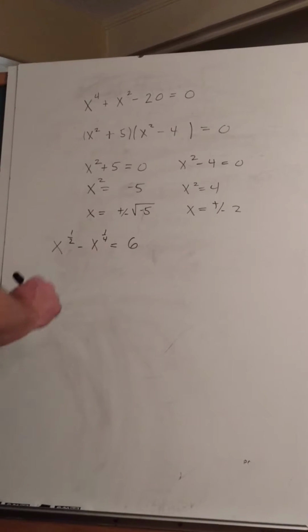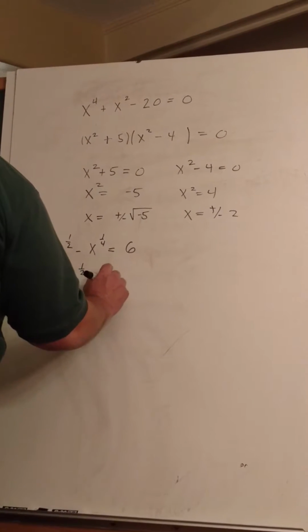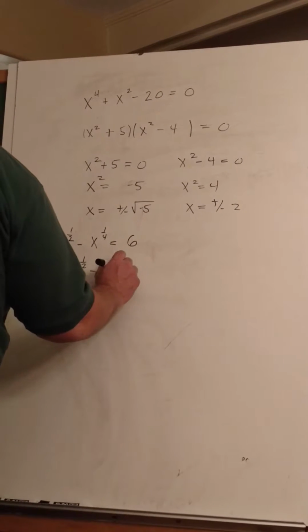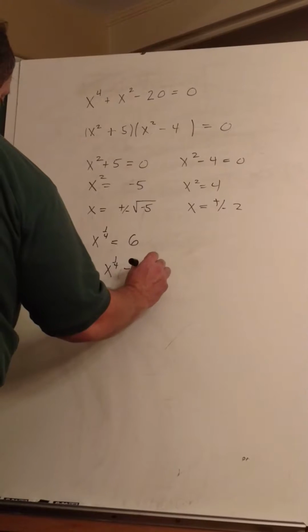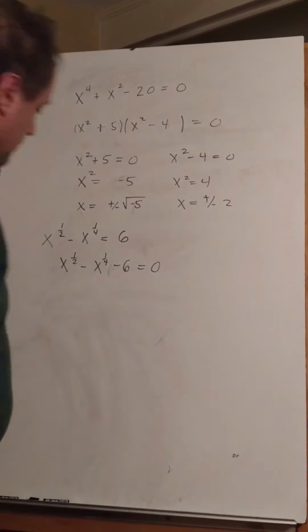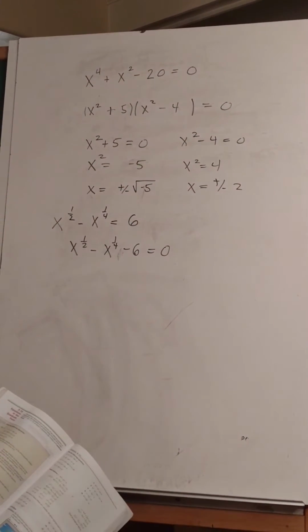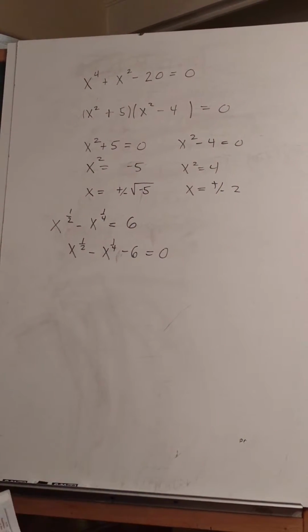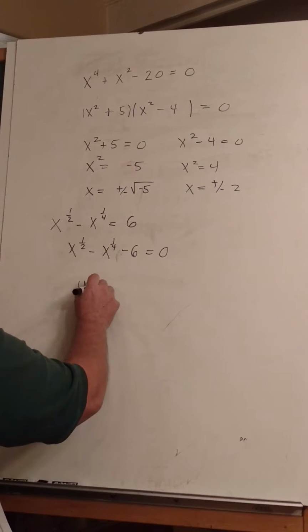I could rewrite this to get everything to one side: minus 6 equals 0, right? Okay, so now we're going to use this idea of u substitution, and we're going to let u equal